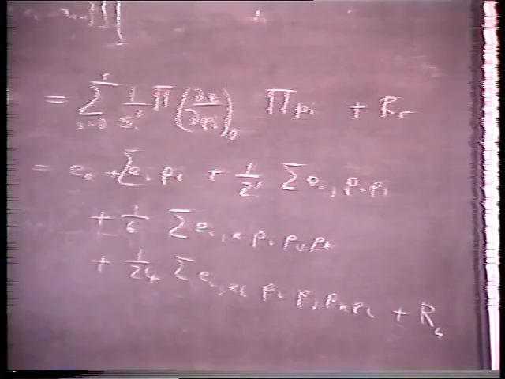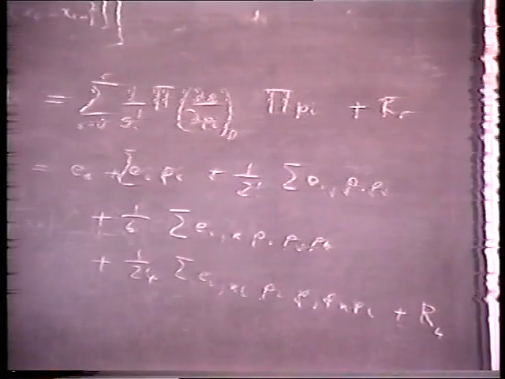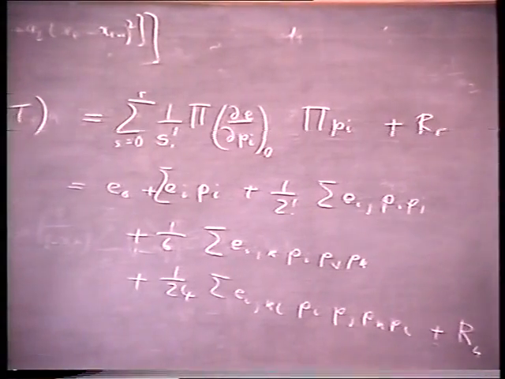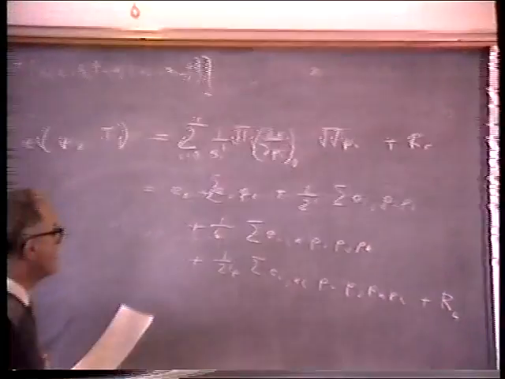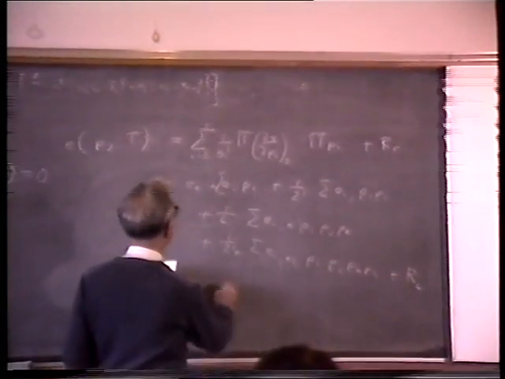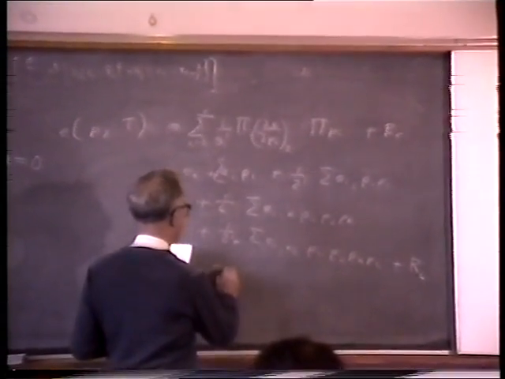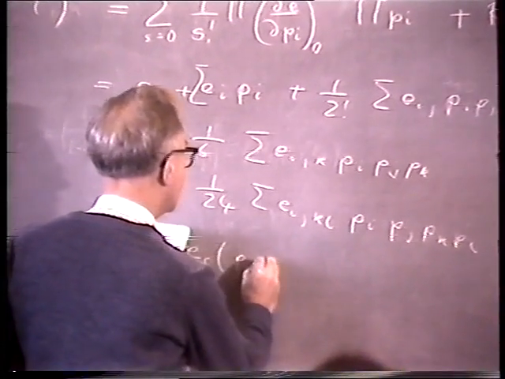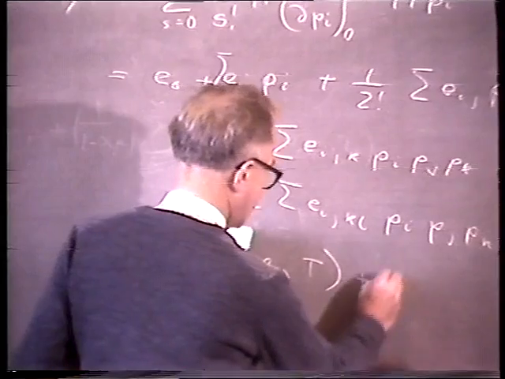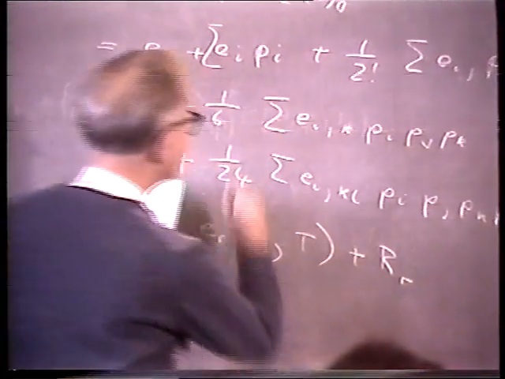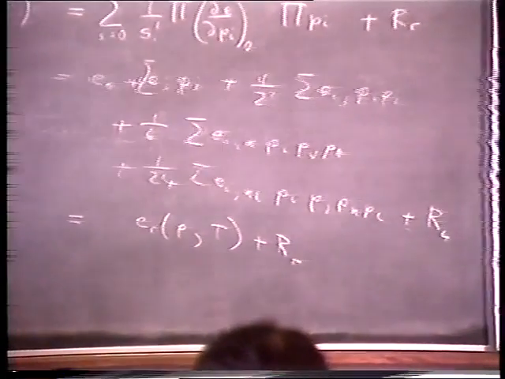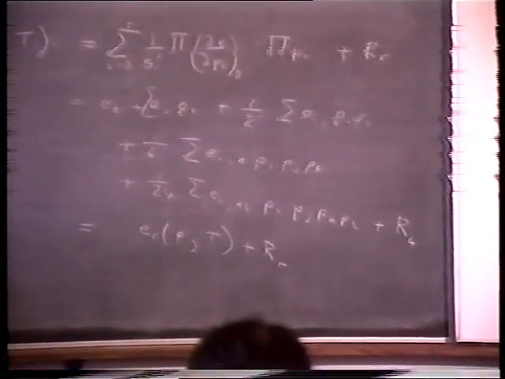But this morning, let's simply assume that, for example, if we write this in the form E R P T plus R R, in other words, the stated terms plus a remainder, then the Nagar expansion idea is